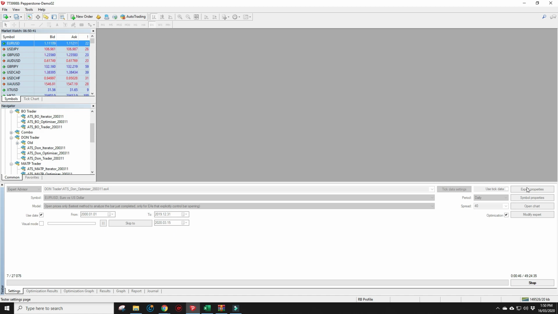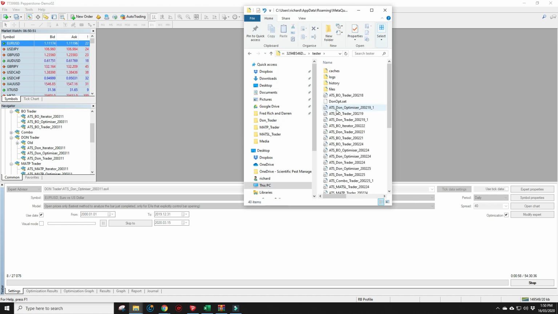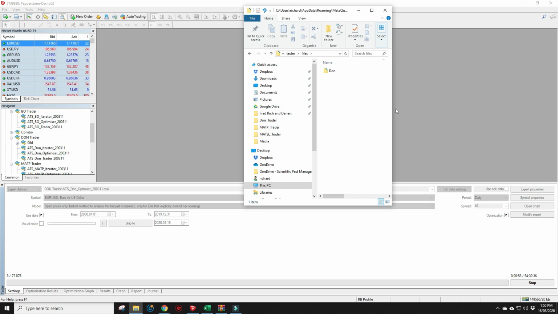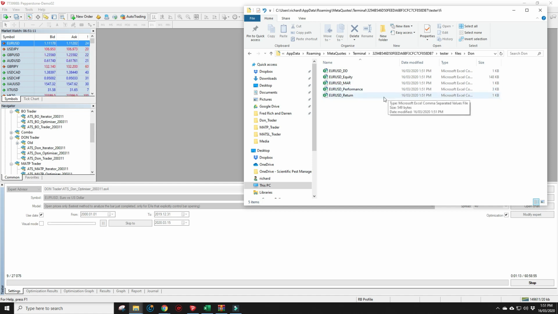In relation to the files that are now being generated in the background, if we go to Open Data Folder, we go to Tester, and we go to Files, you'll notice that a file subdirectory has been created by the algorithm called DON, which relates to the Donchian system that we're currently testing now. And if we go into that, you'll see that 5 files are being generated and updated as the process of optimization continues. These 5 files at the end of the process are used for our next stage iteration process, which